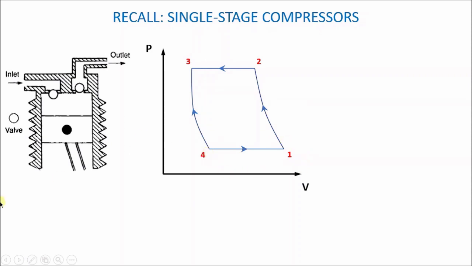And so the volume of the air at state 1, we referred to that as V1. The volume of the air at state 2 was referred to as V2. At state 3 and 4, it was V3 and V4. And the pressure of the air at state 1... As you can see, if you look carefully, this line from 4 to